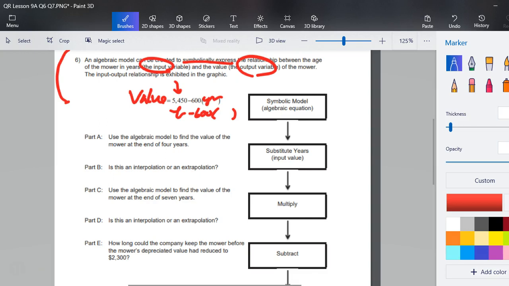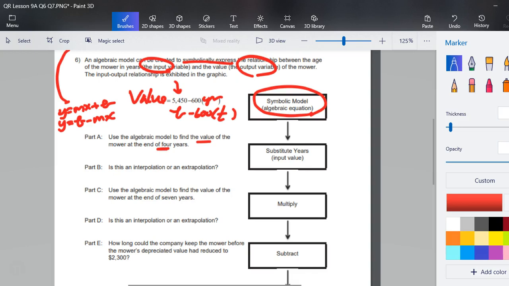And so to put y is a little confusing, so I'm going to use T for time, meaning the years. And you've seen this before as y equals mx plus b. This one's just written a little differently, that we put b first because our slope is negative. So it's just the intercept minus the slope times the years. This is symbolic. It's an algebraic equation. It then asks us to use the algebraic model to find the value of the mower at the end of